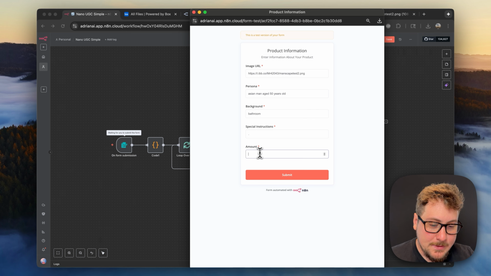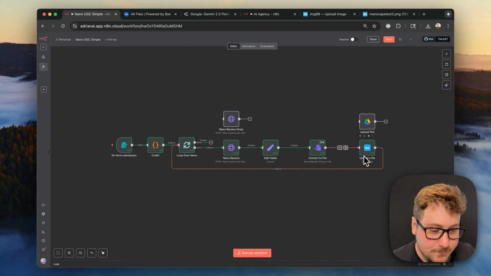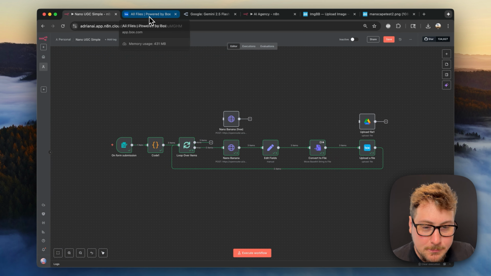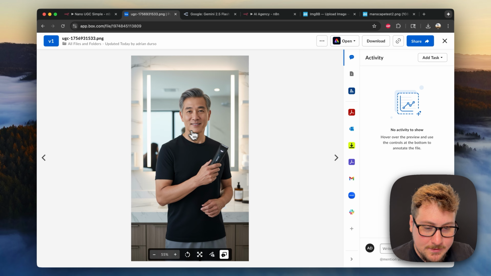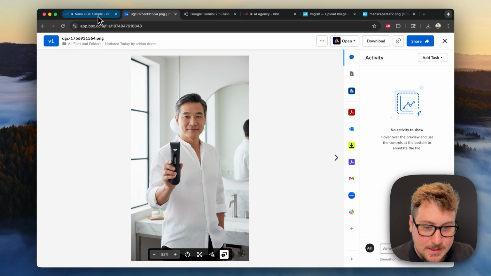Now that we submitted that, it's just going to run through this loop 3 times and generate us 3 images, and I'll be back when it's done. Okay, now the automation is done, and for this version we use Box, which is extremely simple to set up with a free account that I have here. We're going to be checking our box. It created us this image, it created us this image, and it created us this image. So all 3 images have the person holding the product, and they're all roughly 50-year-old Asian men based on the description. So these outputs were pretty good, and the automation